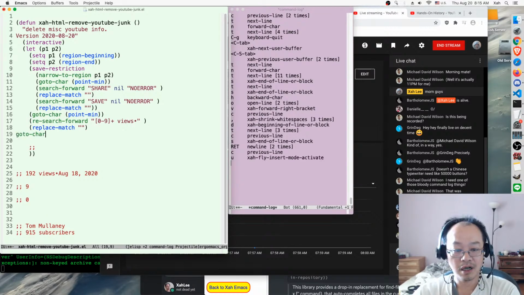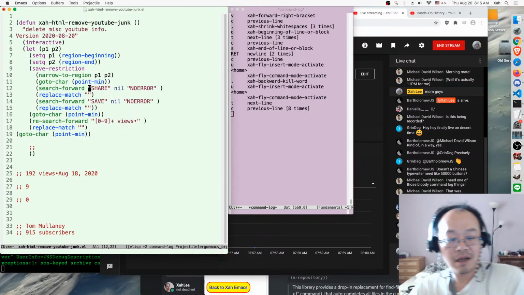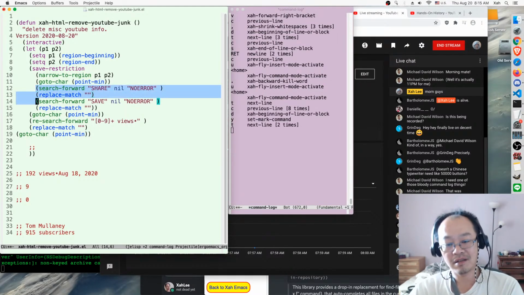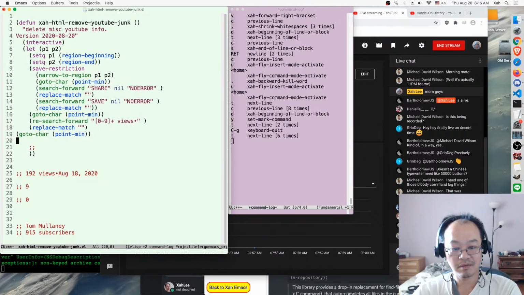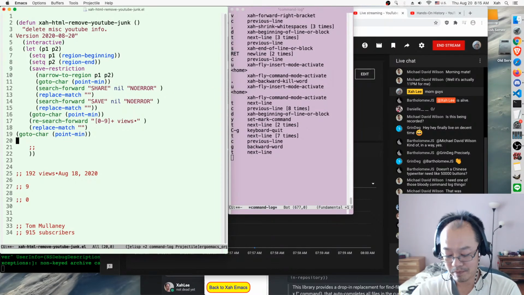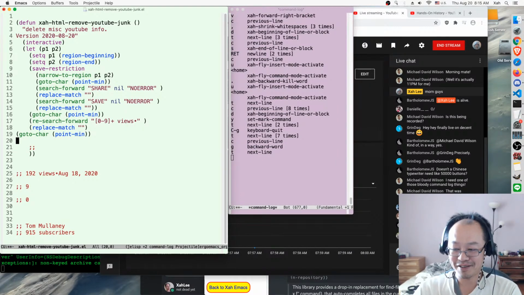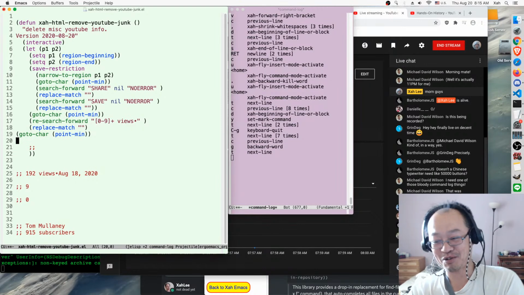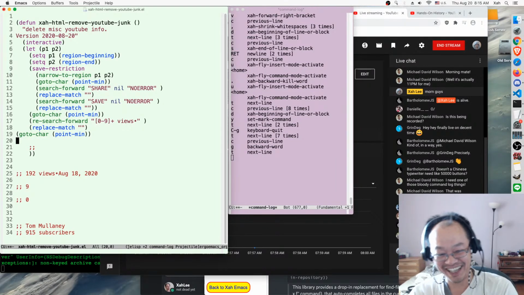Go to point-min. By the way, you might think there are a lot of repetitions. It's kind of necessary, there's no way around it. I'm pretty sure some smart guy will say actually there is a shorter way. Anyway,